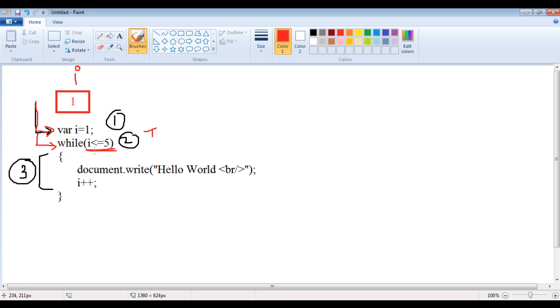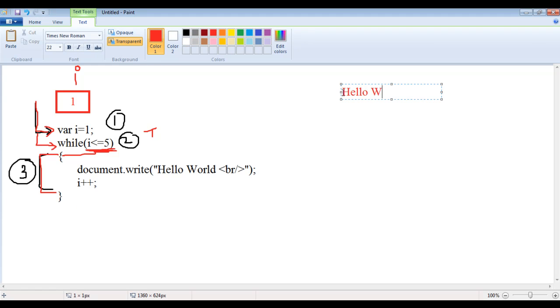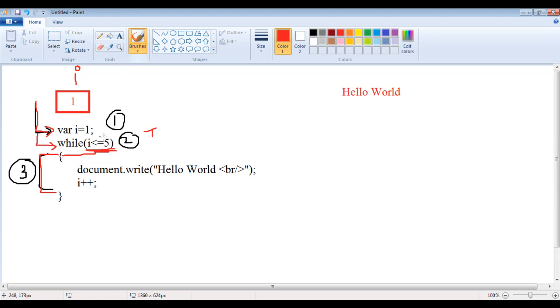As the condition is evaluating to true, the control enters the body and executes it. document.write displays hello world once, and as there is a break tag, it moves the cursor to the next line.